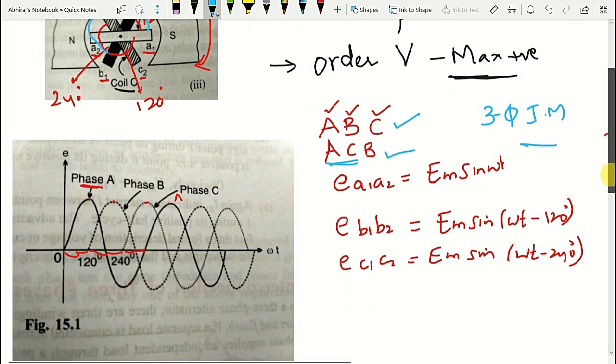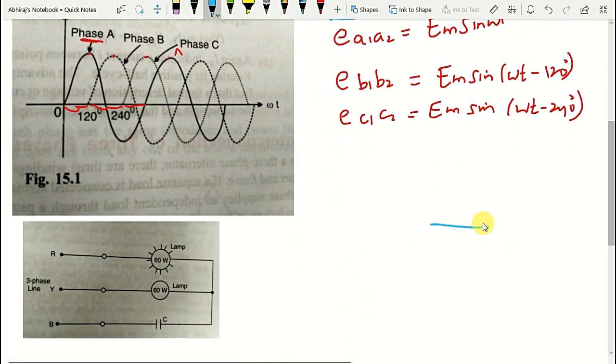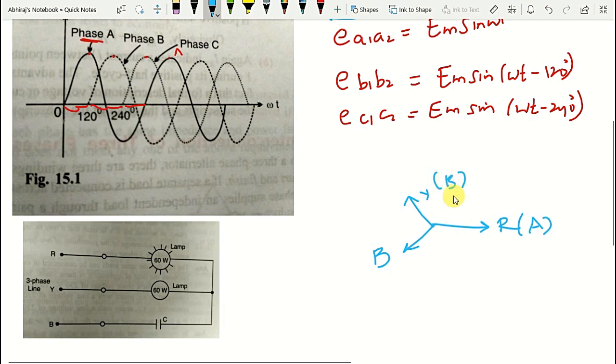Let me say this is R, this is Y, this is B, or you can also indicate this as A, B, C, that is coil A, coil B, coil C. Here, let me say they are rotating in the clockwise direction, so the phase sequence will be A,